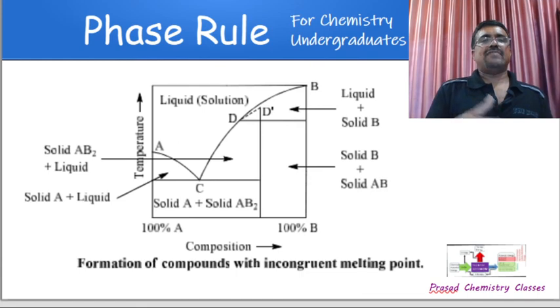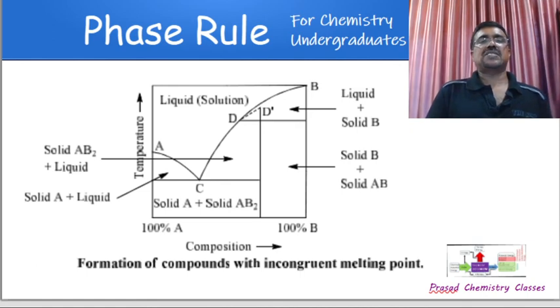Now we can have the other type of system, what you call incongruent melting point. So we have a compound here also, but the compound does not melt without change in composition. What happens to it is that its composition is changed when it melts. Okay, that is it. So AC has the usual significance, you have the solid AB2 plus solid A here, and